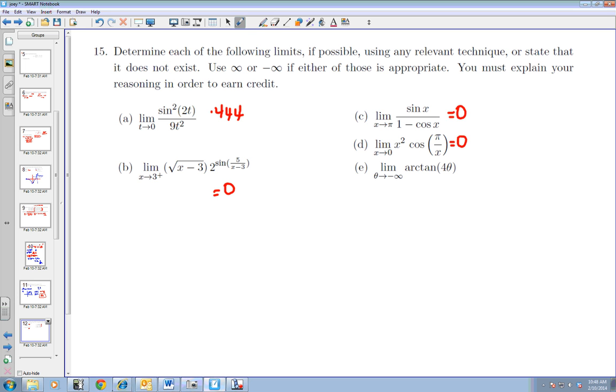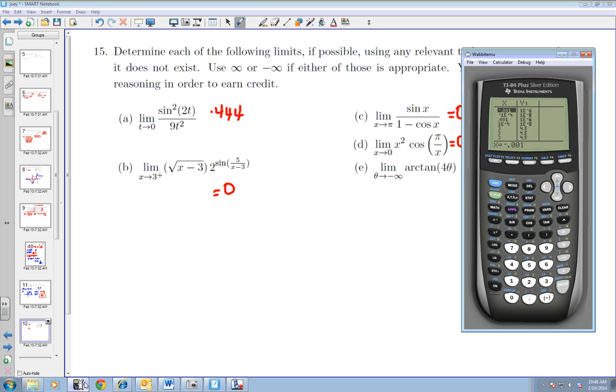And then the last one, y equals arc tangent, so that means second tan, 4 theta or 4x. I'm going to go ahead and graph. They want to know as theta approaches negative infinity, so the left-hand side of my graph, what are my y values doing? So I'm going to go to my table and I'm going to plug in some really small numbers